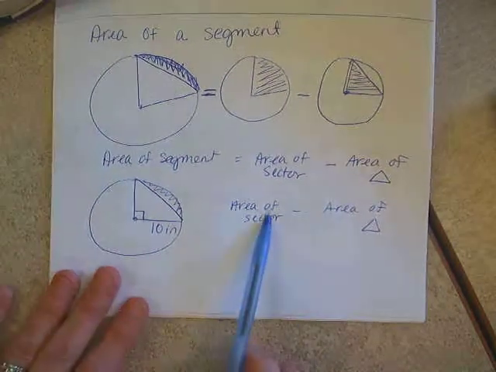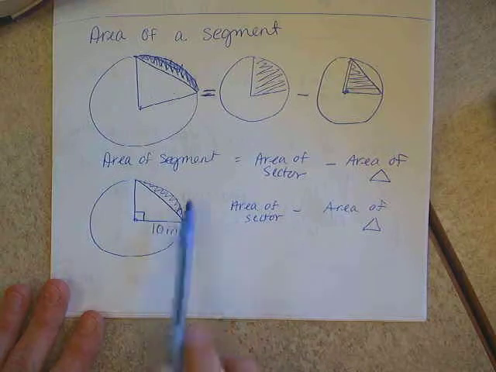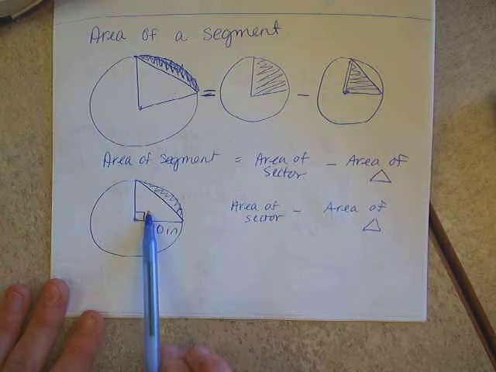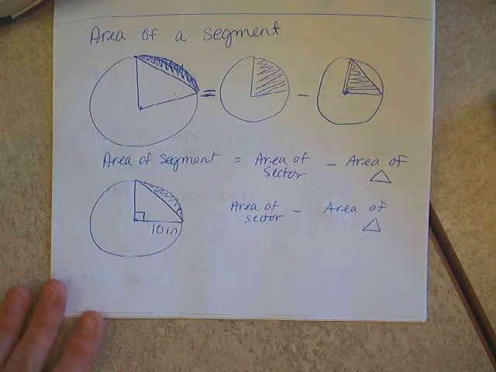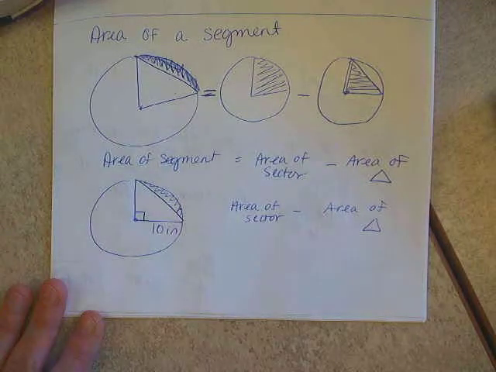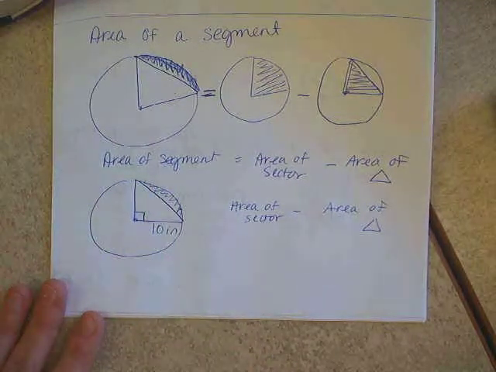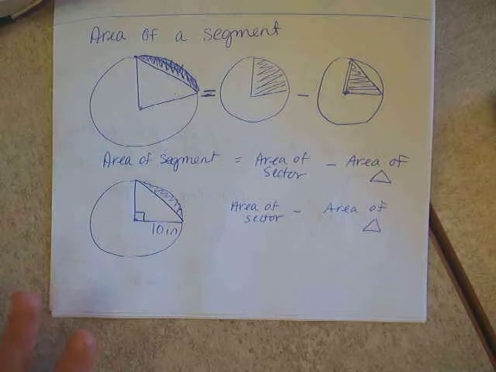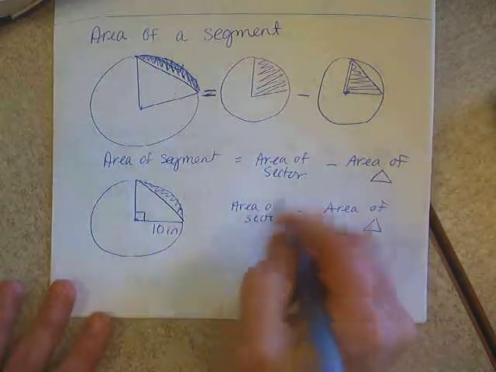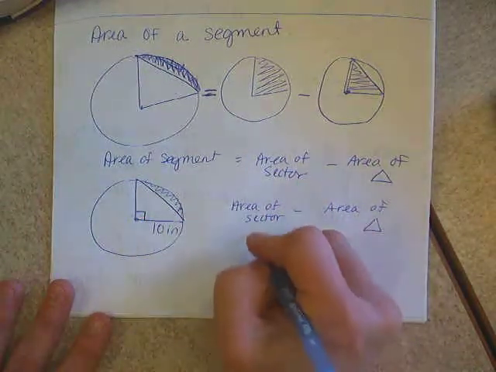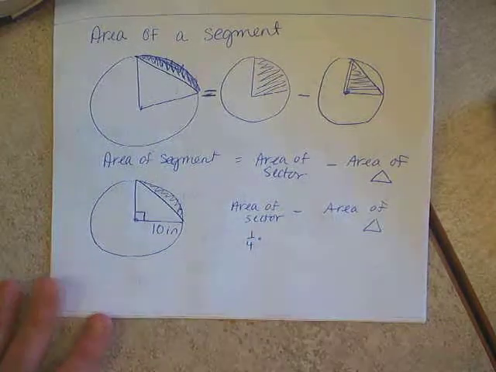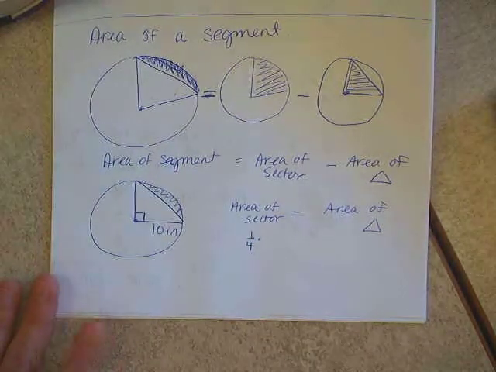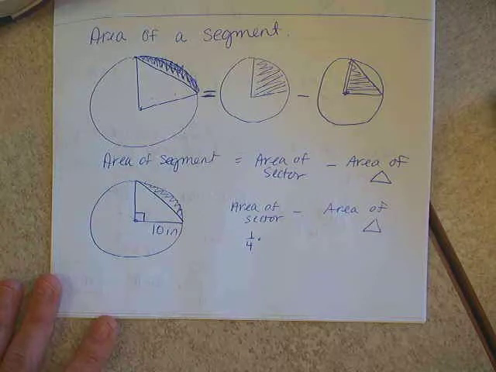You're going to do this in parts, okay? We just talked about how to find the area of the sector, so that would be all of this. So it's fraction times the area. What would the fraction be for the part that we're talking about? 1/4, 90 over 360. If you have those right angles, that's nice. That saves you a little bit of time. So 90 out of 360, we're going to go straight to 1/4 of the area,